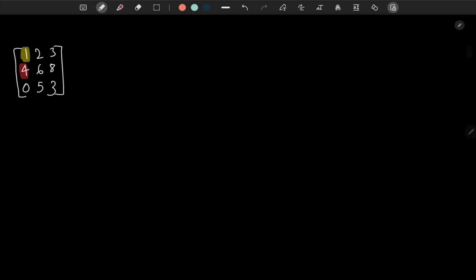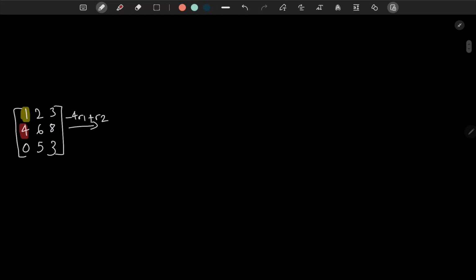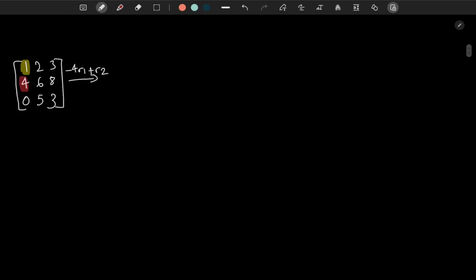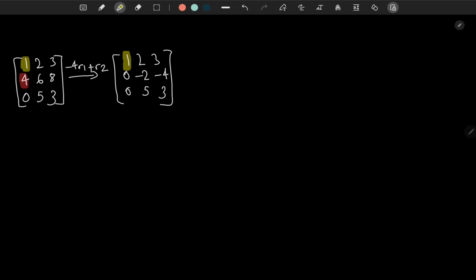So what we have to do here is we need to add -4 R1, which is row 1, plus R2. So what this means is we are multiplying row 1 by -4, and we are adding it to row 2, which is the third property here. So this is what I mean by adding a scalar multiple, and this will remove the 4 here. So after adding -4 R1 to R2, this is the matrix